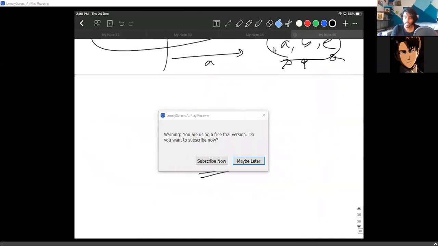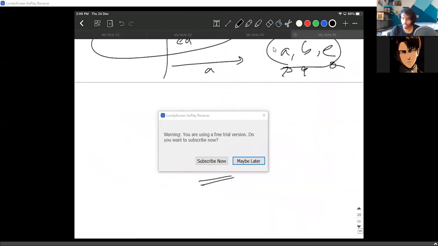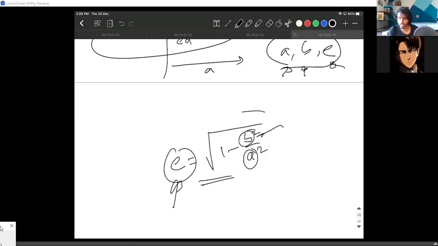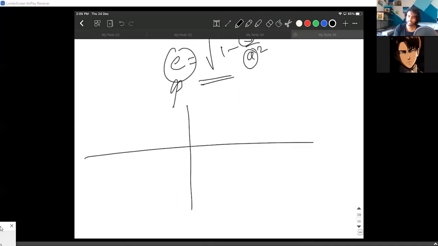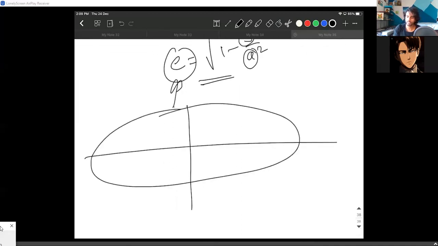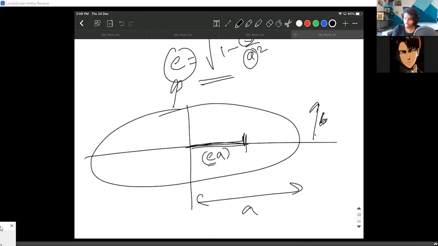And I asked this relation in the last class. A lot of people gave me the relation between eccentricity, A and B. Again, I'm just repeating it. I'm just going to talk about all the things at once. This value is A, this value is B, this is EA. So E is the ratio of this length to this length. That's all.